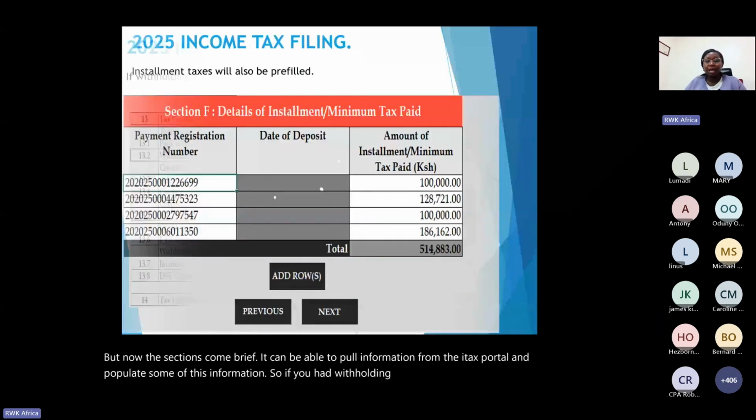Some of this information, we were inputting manually. So it's also a good way so that you don't make errors. It will just give you the information by itself. Installment taxes, if there were installment taxes that you had done, you're going to find them there. Pre-filed for you. So even the payment registration number will be there. But as we say, do confirmation of everything.